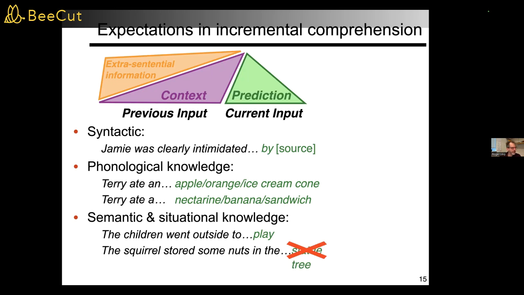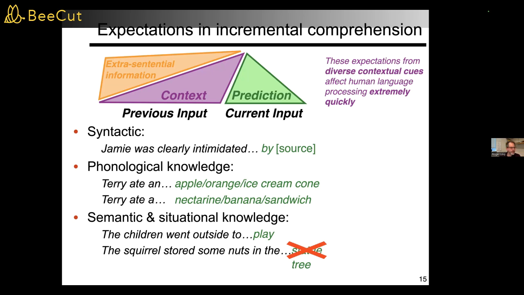Now I want you to think for a moment, what is actually the place that squirrels store their nuts? It's actually not trees, it's the ground, but people generally tend to expect the word "tree" here, which tells you that situational, real-world common sense knowledge in language processing does not guide everything. It plays an important role, but predictions and expectations are derived from other information sources, not just common sense.